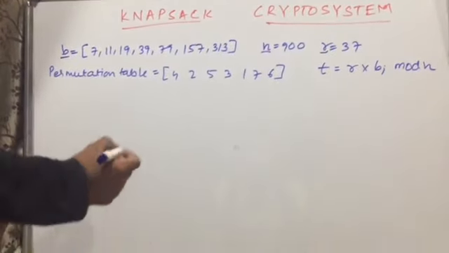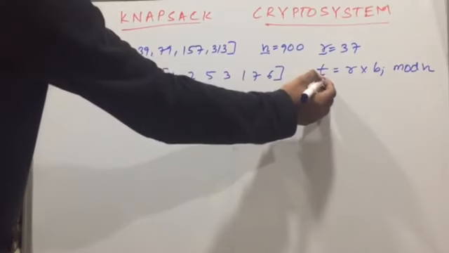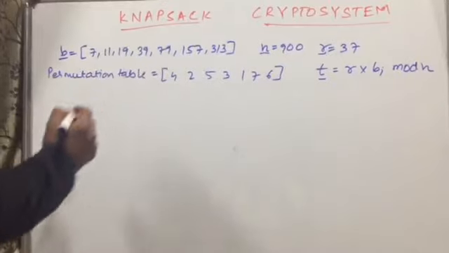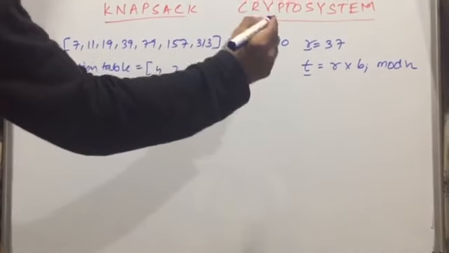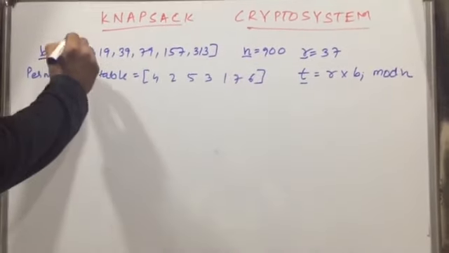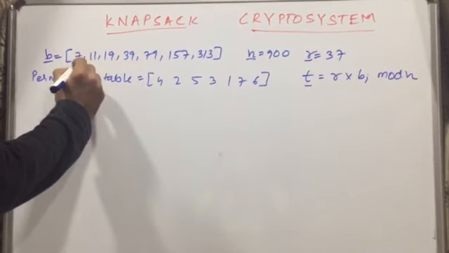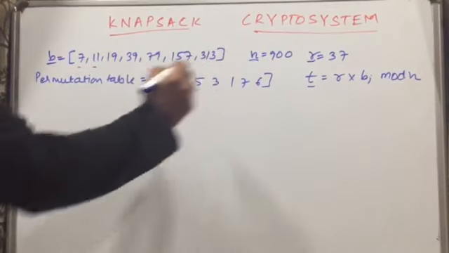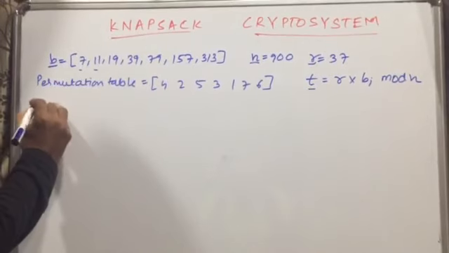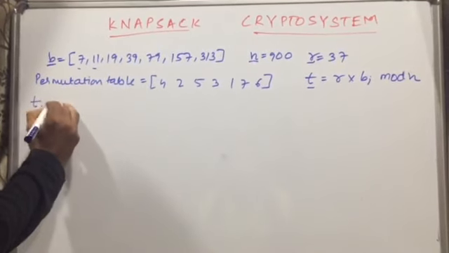4253176. Now you have to calculate T over here. The formula for T is R into Bi mod N. So this will be B1, B2, B3, B4 till B7. So T1 will be equal to